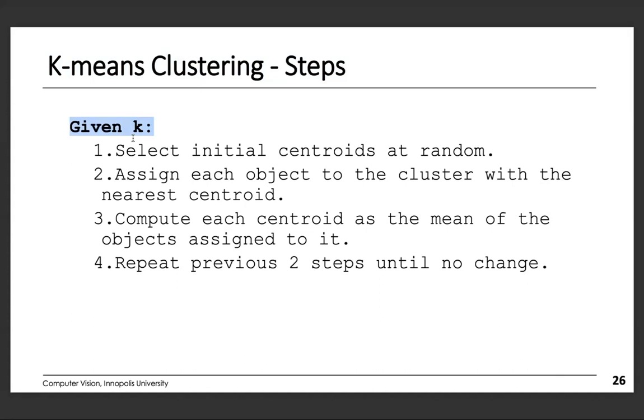But once you have a given k, you select the initial centroids at random, so all of your centroids will be put at random positions, and then assign each object to the cluster that is closest to it. We compute the mean of each of the clusters that we have, right? So let's